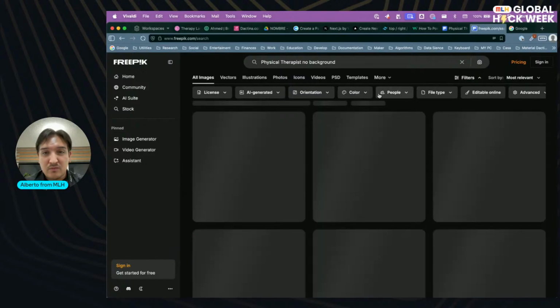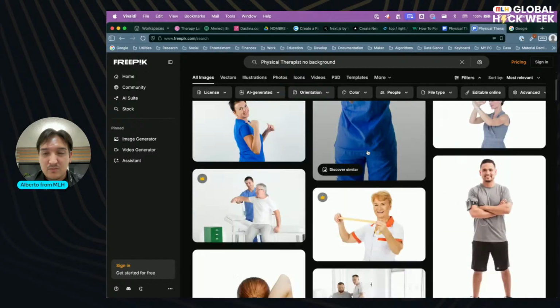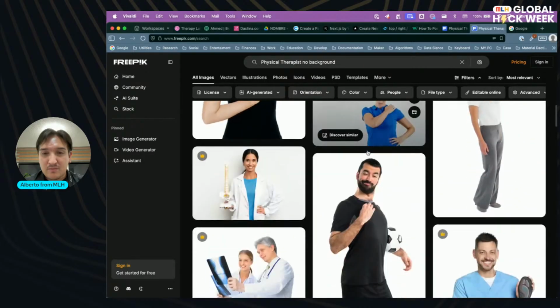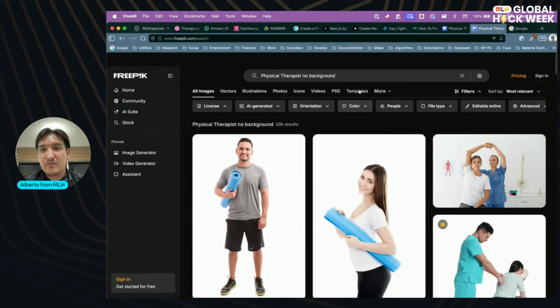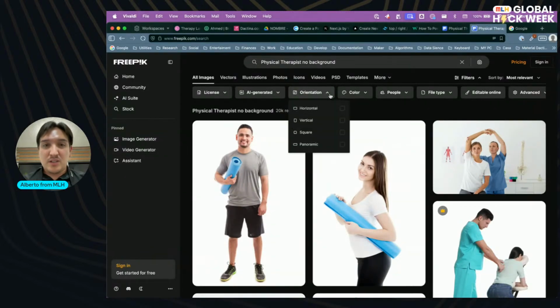License, AI generated, no. Orientation, now I want vertical.